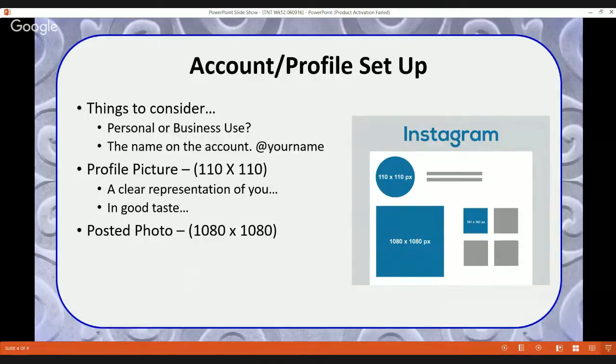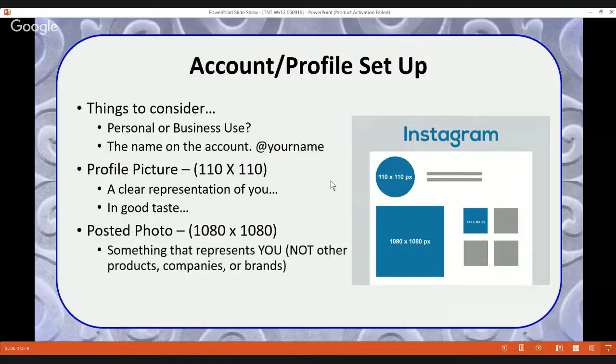It's super simple, but you can go in there and click on the size of the picture that you're going to put in there, and then you just design it to that size. Basically, I'll show it to you when we go live online. But your posted photos need to be something that represents you,